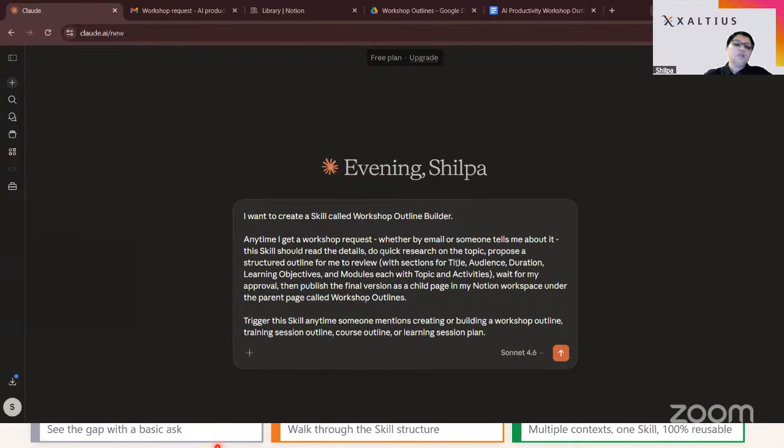But if you already know your requirements upfront, very clearly, you can put that into a package like this. So I'm telling Claude exactly what I want. I'm even naming my skill, so it's easy for me to find later on the skills page. I'm telling it to create a skill called Workshop Outline Builder. And anytime I get a new workshop request, be it from email or other channels, I need you to get all the details, do some quick research on the topic, propose a skeleton